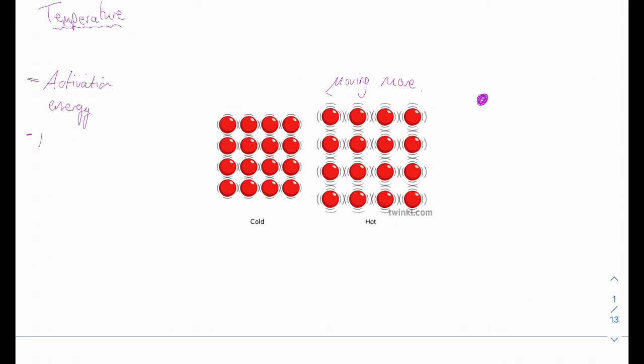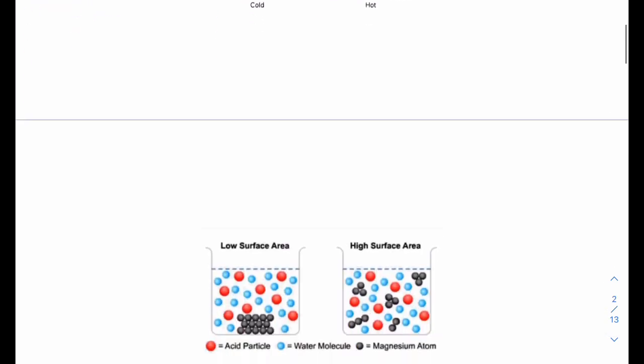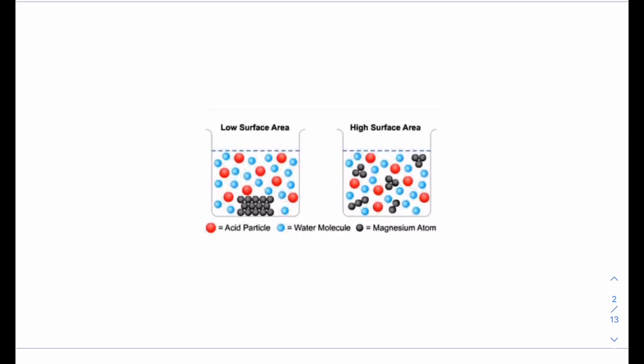So there are two points for temperature. The hotter the particles are, the more likely they are going to be able to reach that activation energy. And also, if they are hotter, the particles move more quickly, meaning that those particles are able to collide and have a reaction form. The final factor I'm going to go through in this video, before going on to the next one another time, is